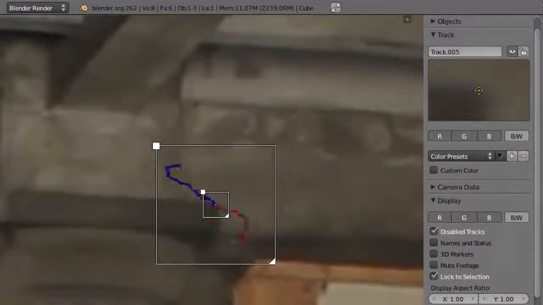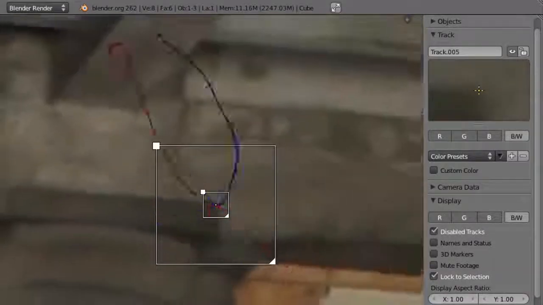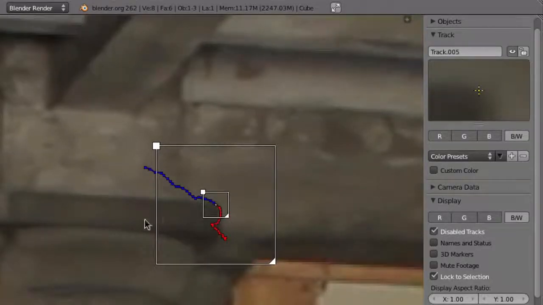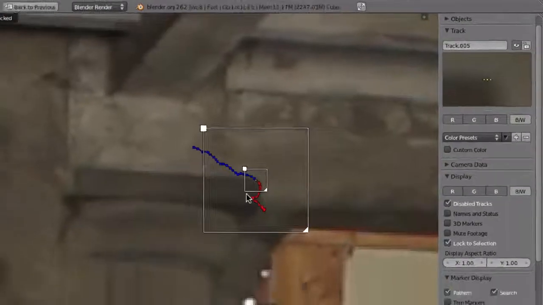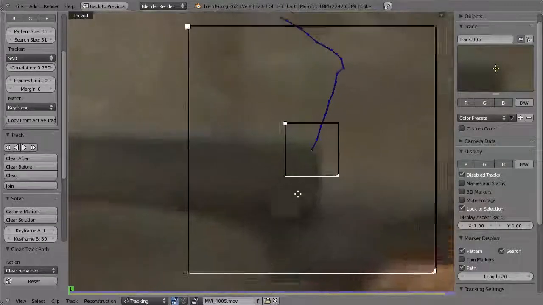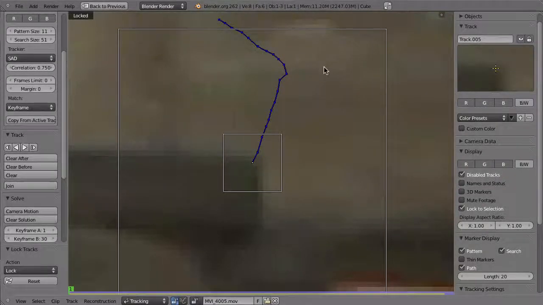So of course it is rather blurry back there, but still I think that the hybrid tracker would be able to produce something that is a little bit smoother than the SAD tracker, because SAD is not able to have sub-pixel precision, but hybrid and the other one, KLT, both are able to give you sub-pixel precision. So let's lock this marker, Control L, and then on the same position add another marker but with a different